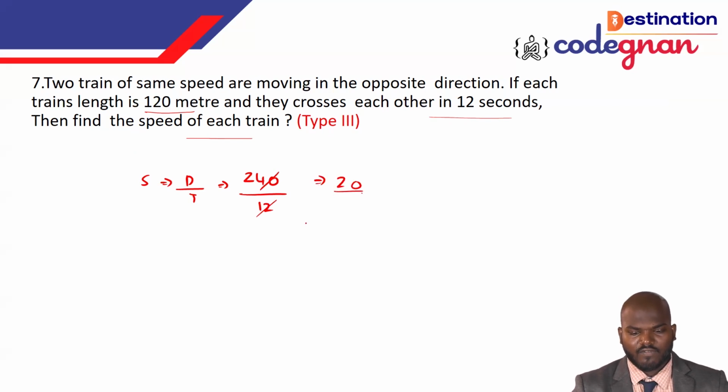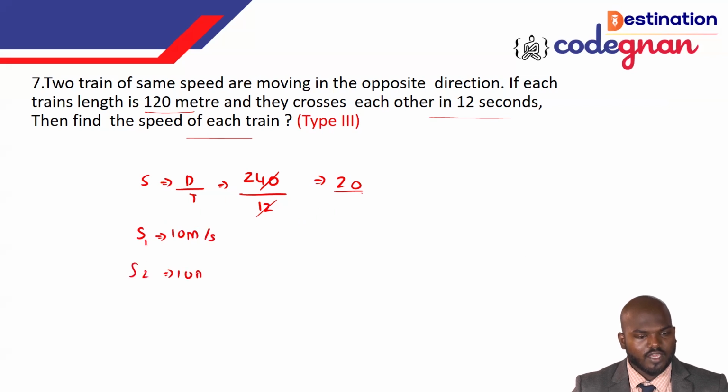Many people will say, sir, we can do this very easily, we can just divide. Yes, we don't have any other clue or formula here, so you have to divide in this one only. So the speed of one train is equal to 10 meter per second,